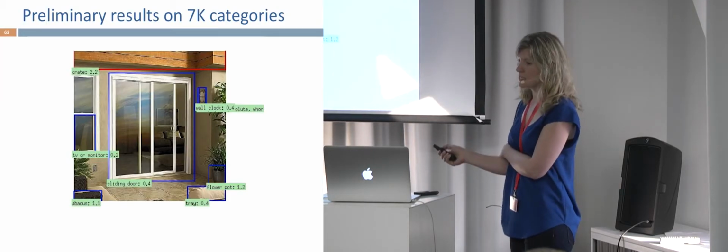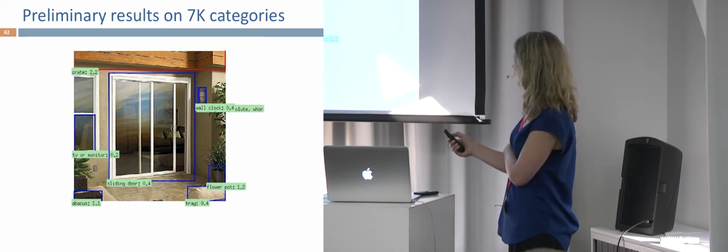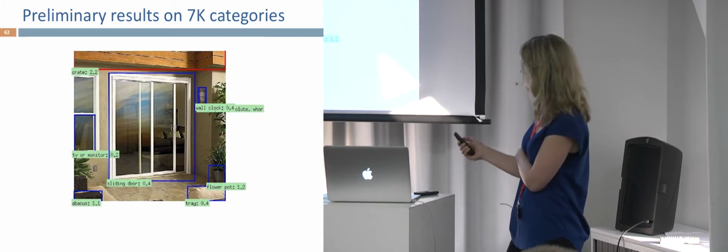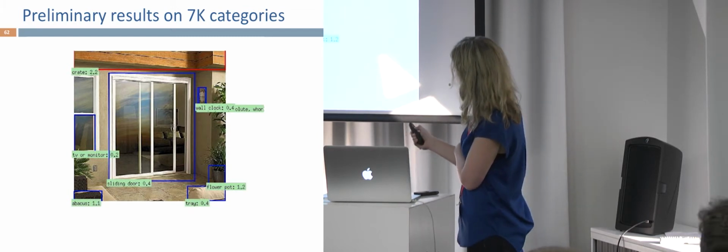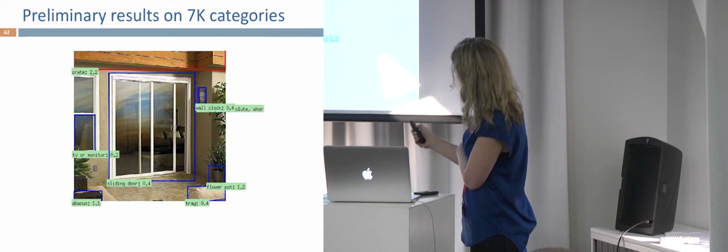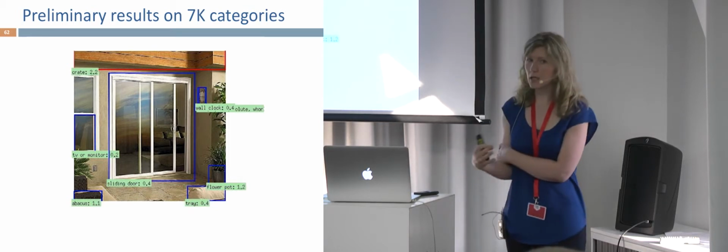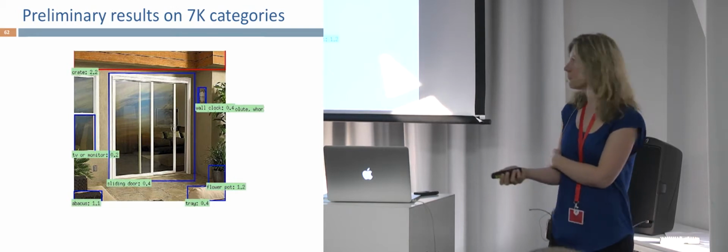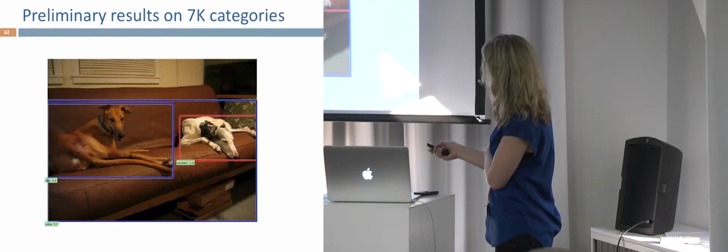Okay, and here's just the very last slide I'll show. These are some very preliminary results on extending this beyond the 200 categories to 7,000 categories. So here we have an input image where we can now detect 7,000 categories, and it says this was a wall clock, sliding door, TV or monitor here, so that's wrong. Abacus here, tray here, and flower pot here. As you can tell, it's not always telling us the right object, but it's getting some of them. And again, we weren't training with any detection data for those objects.